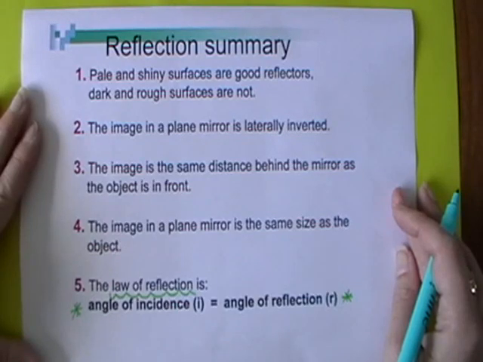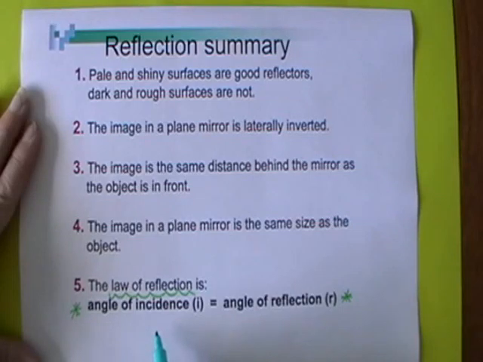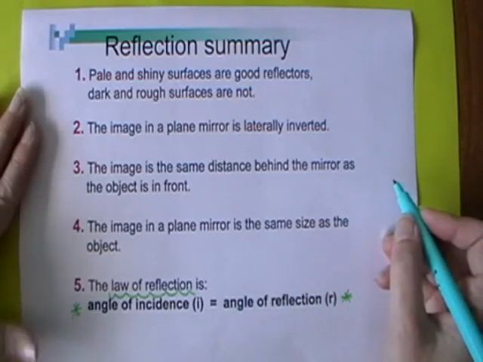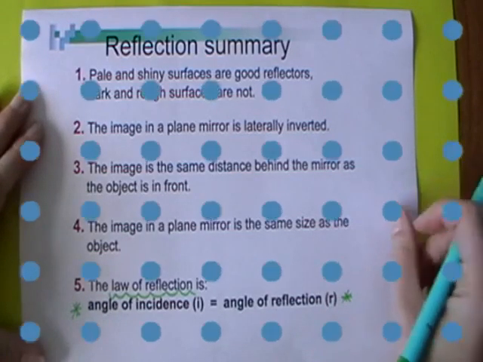Now, I said this was an exception. It's not really when you think about it, because when we shine a ray along the normal, the angle of incidence is 0. In other words, the angle between the ray and the normal is 0 degrees, and the angle of reflection is 0. So when we shine a ray along the normal,